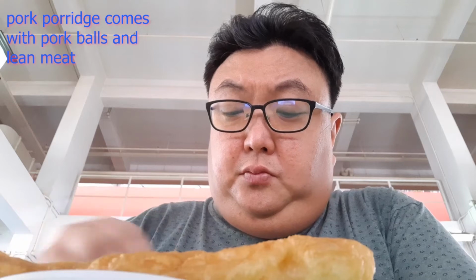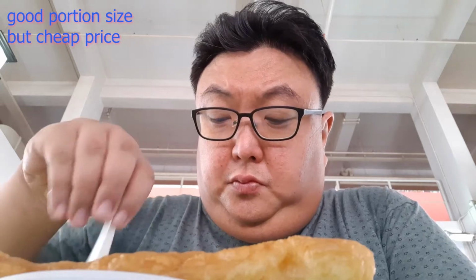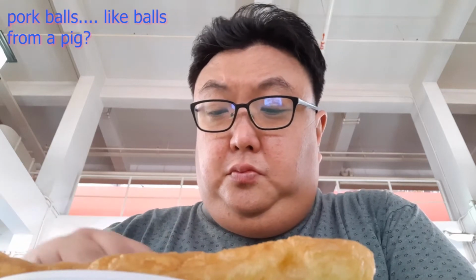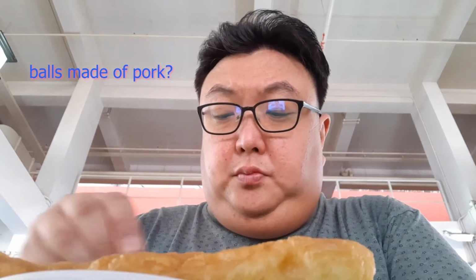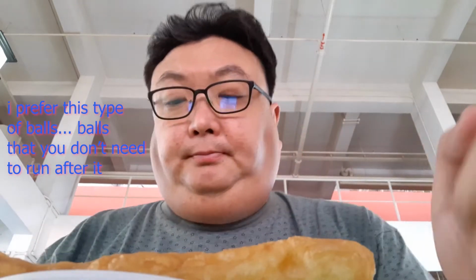And then you have all the different types of pork parts, which is quite nice. The porridge here, good portion size for porridge, and like I said, super hot, with lean meat and maybe pork balls together with the pea shoots, which is a kind of vegetable. Overall here, I must say the porridge is good. I quite enjoy the porridge, nice and hot, filling,